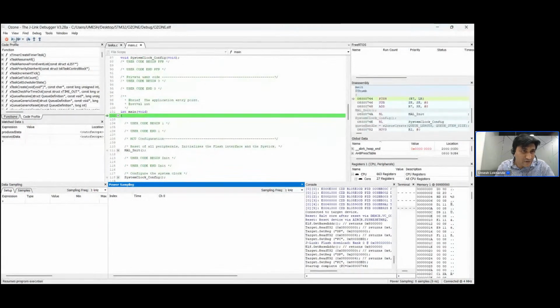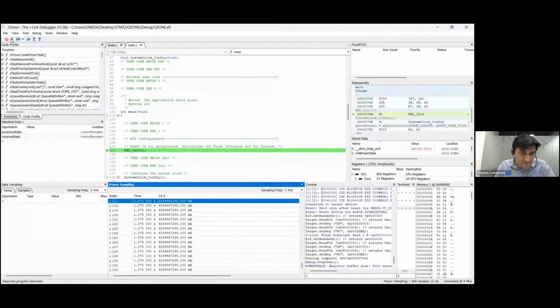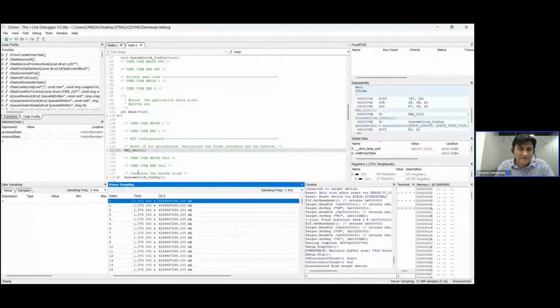And now let me... You see, it's live capturing. I hope you can see the small numbers here, and it will be constantly capturing the value. Now it captures and then it stops. I can stop debugging. The reason is because if you remember the presentation where I spoke about how Ozone works,